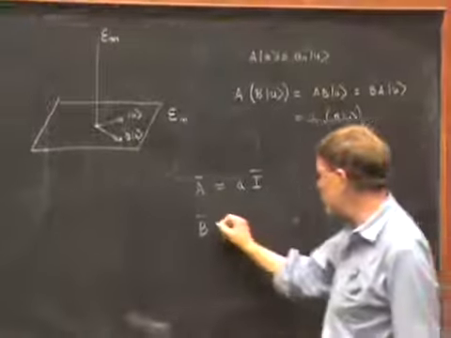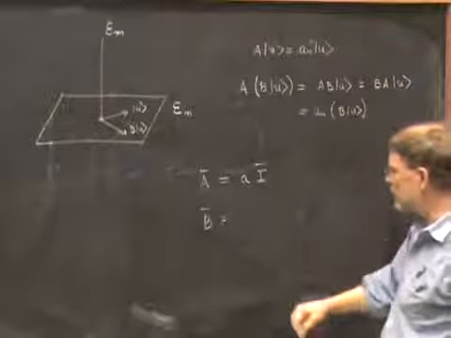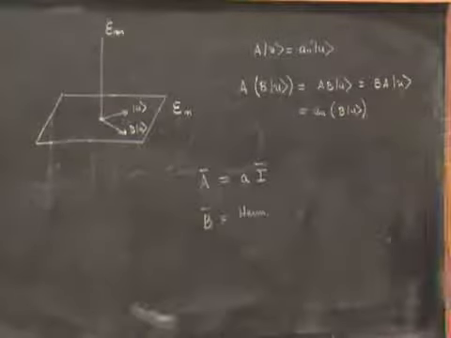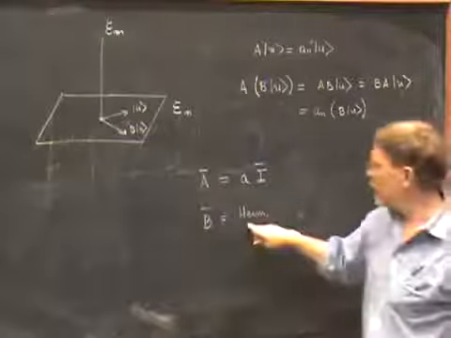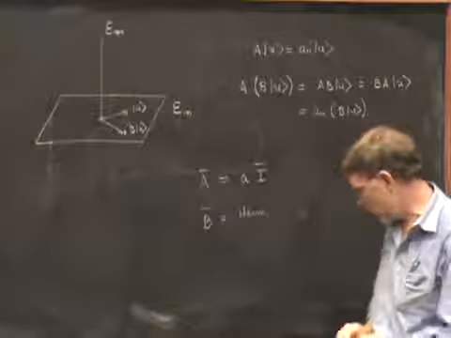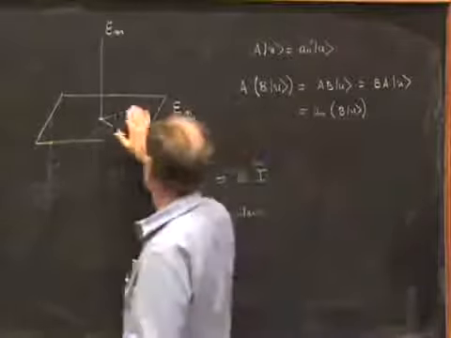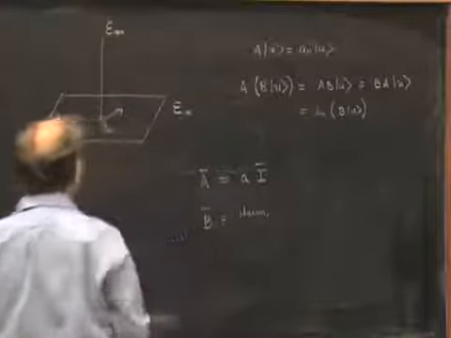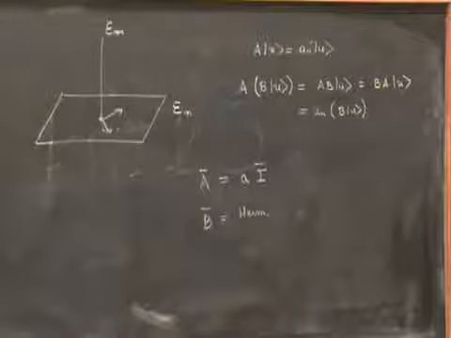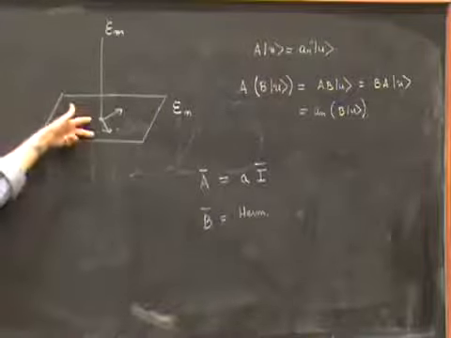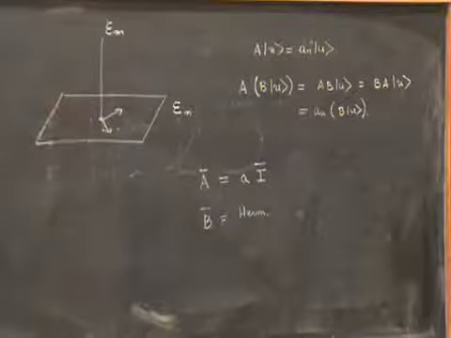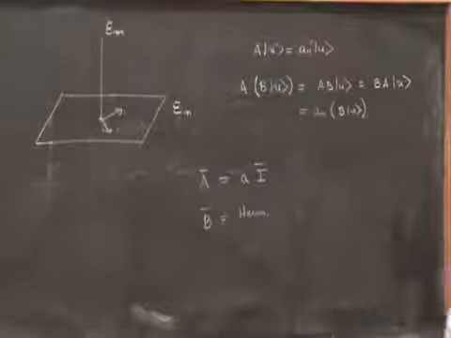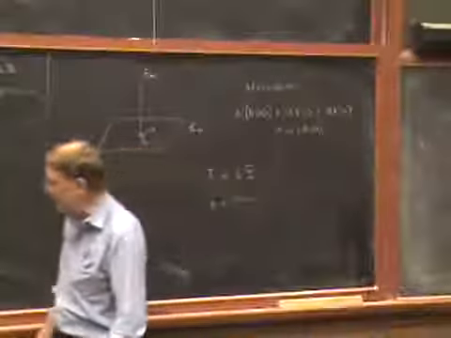The operator B is not so simple to write, but one thing we can say about it is that it's Hermitian. And so the result is that B, being Hermitian on this subspace, possesses an orthonormal basis on this space. So there's a B basis here, which is orthonormal. And that B basis is obviously an eigenbasis of A as well, and therefore you get a simultaneous eigenbasis of the two operators. Okay. Well, that's all I'm going to do for today.